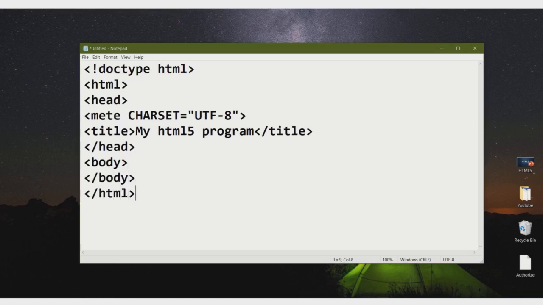This is the main structure of the HTML5. Okay, and you have to write tags within body tag as same as HTML.